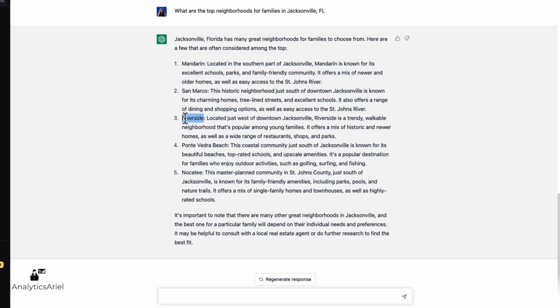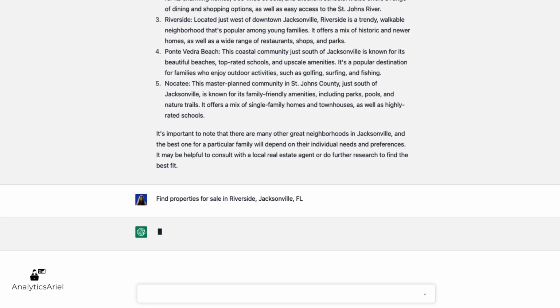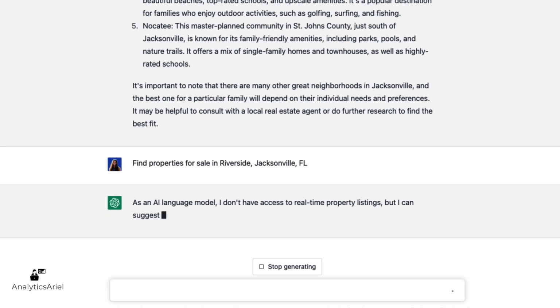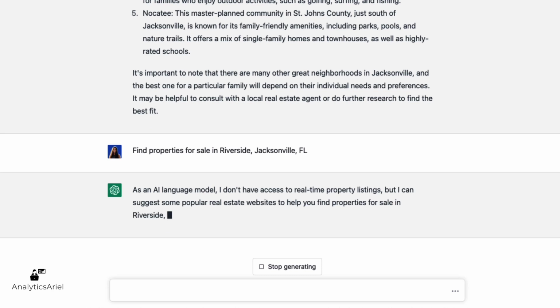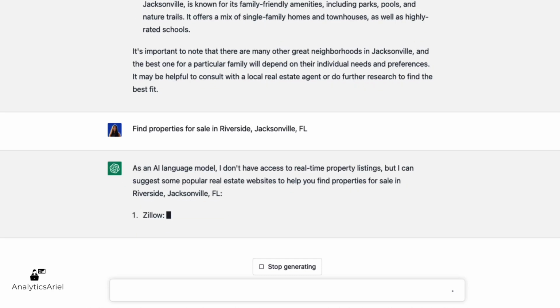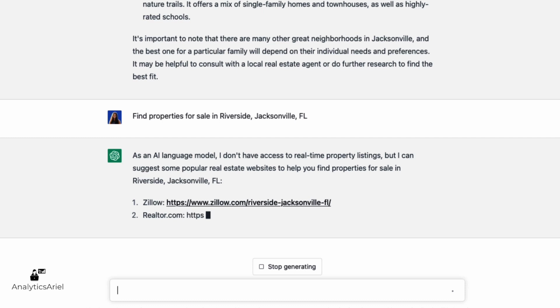Let's just say we wanted to learn more about Riverside. So let's ask ChatGPT, find properties for sale in Riverside, and this is in Jacksonville, Florida. This is the first time we're coming to a potential blocker that ChatGPT can't answer immediately. It says as an AI model, it does not have real-time property listings, but it knows of websites that can help us to find what's currently for sale in Riverside, Jacksonville, Florida, such as Zillow and Realtor.com,